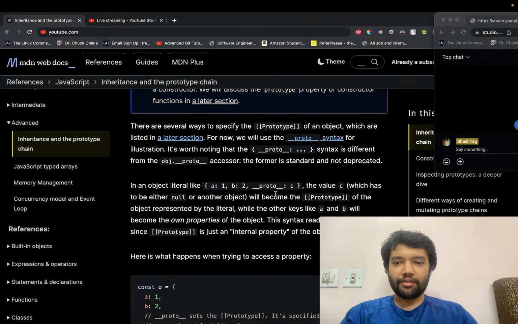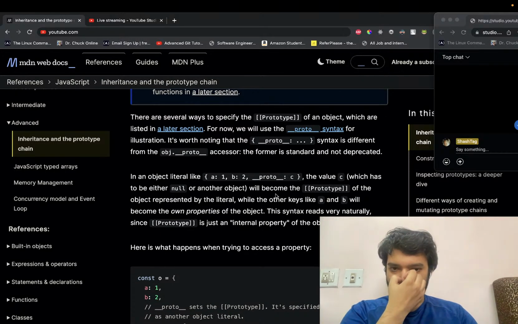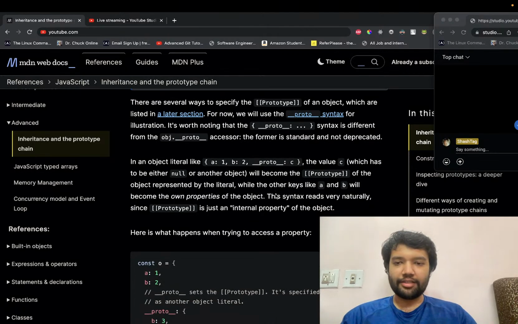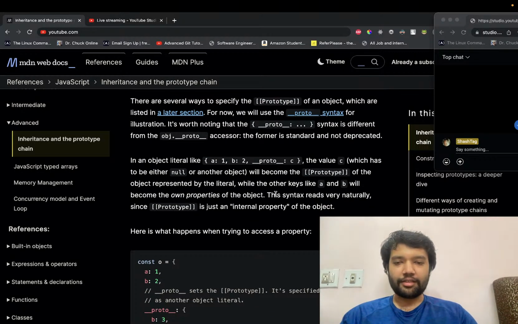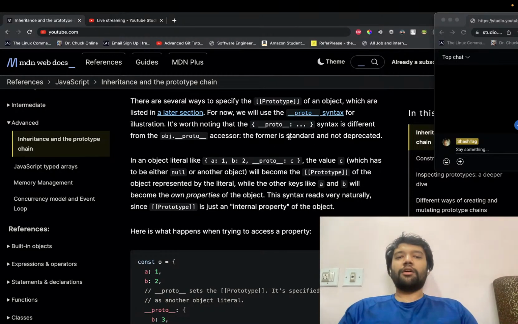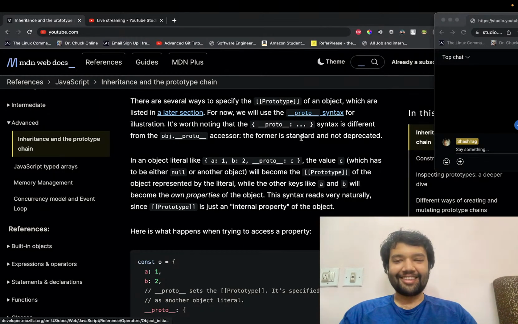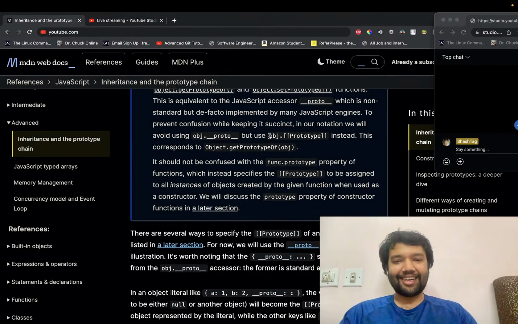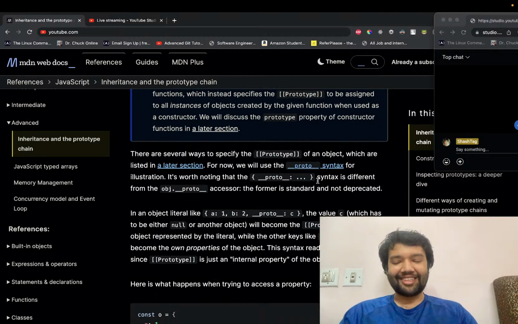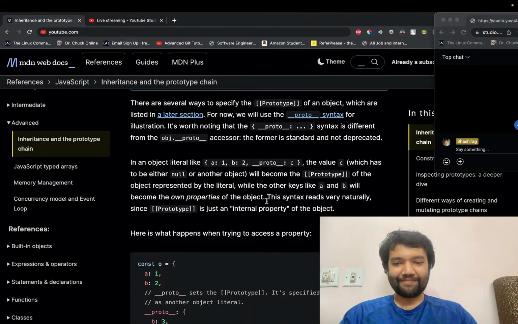There are several ways to specify the prototype of an object, which are listed in a later section. For now, we will use... that's betrayal. They said that they'll be using this syntax, and now they are using this. So in an object literal like A1, B2, and proto is C. Okay, the value new C